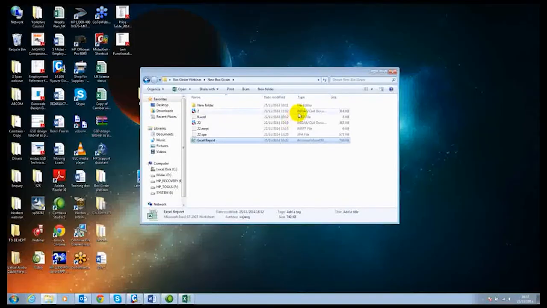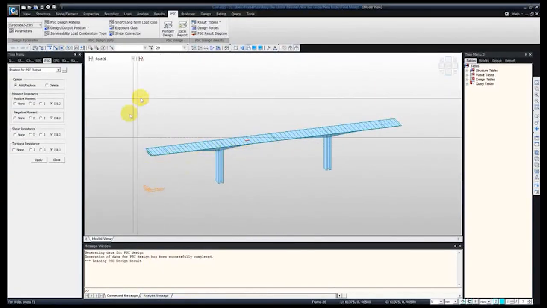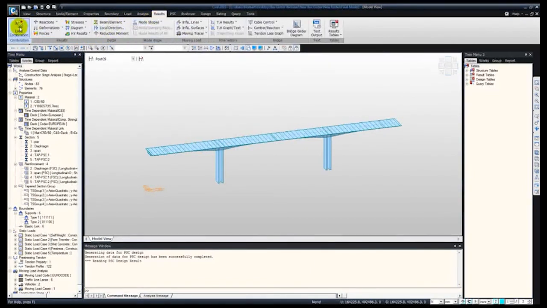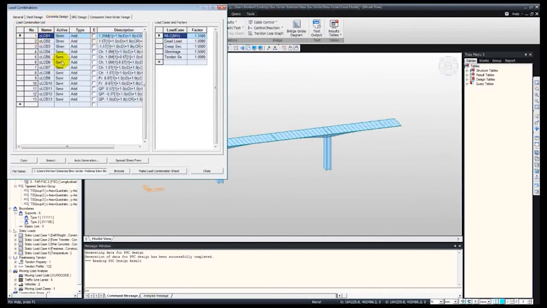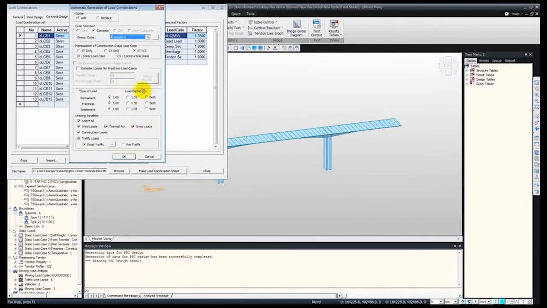So moving back to the software itself, here we have the bridge. For the serviceability load combinations, we first need to specify the load combinations. Just go to results and load combinations, and within the concrete design, I have already predefined these. This can be done either manually or automatically. For example, with auto generation, just by selecting the code and specifying the load factors, the leading variables, and traffic loads, you can generate all your